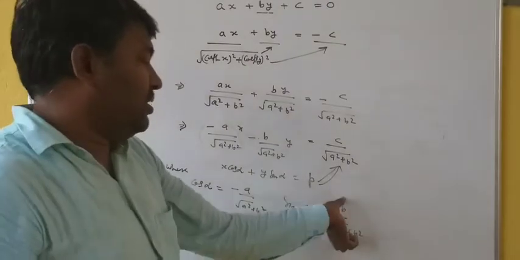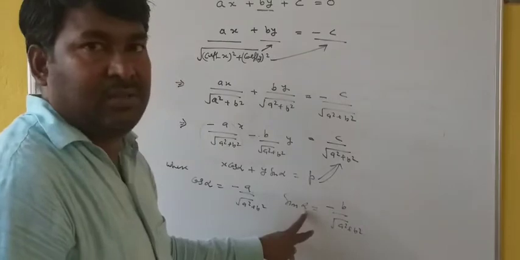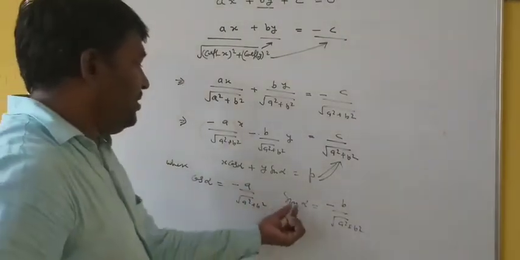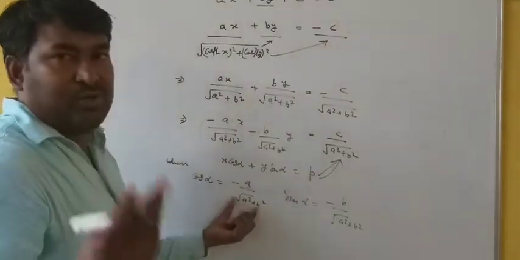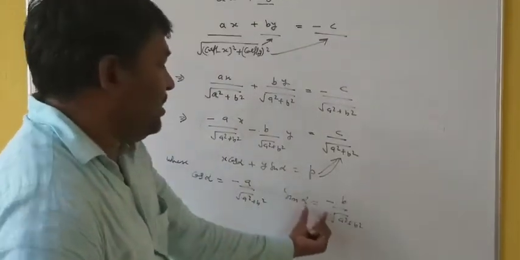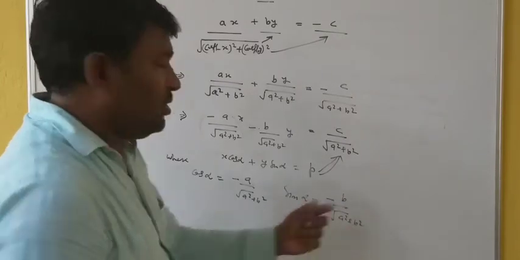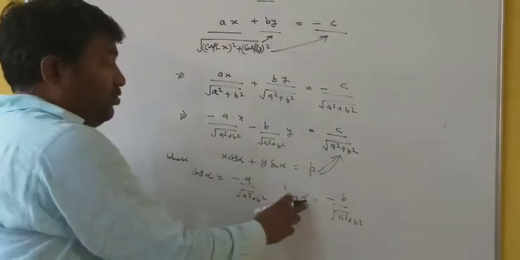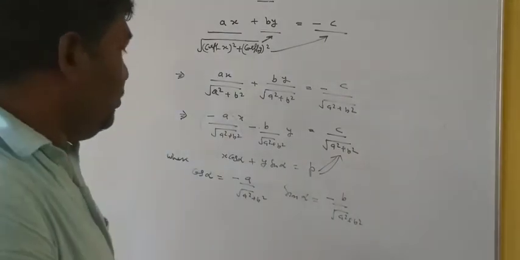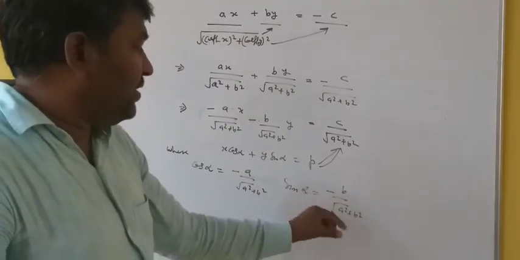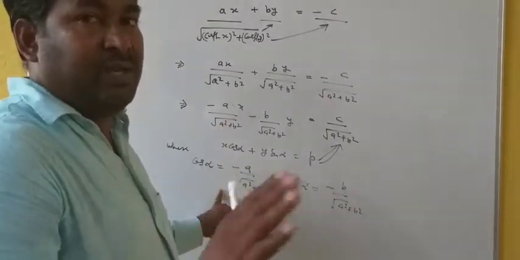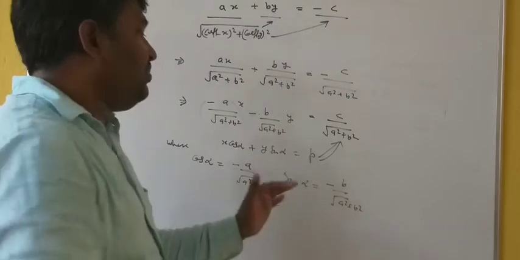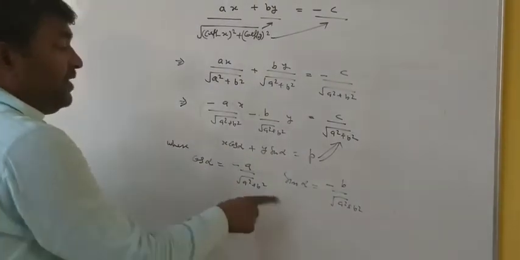If you get some numerical values here, then you can calculate the value of these angles. Okay, when you find the value of alpha, it is possible that you can get two values or more than two values. So which is the exact value of alpha? Comparing, you will find the value of alpha from here. Whatever the value of alpha, the angle common in both, that will be the right answer, the right value of alpha.